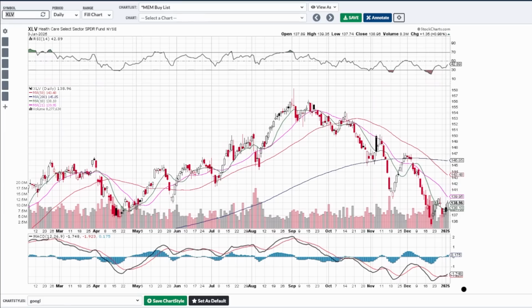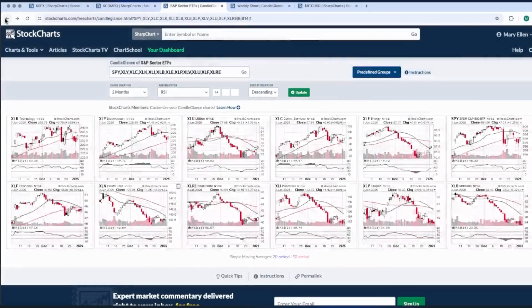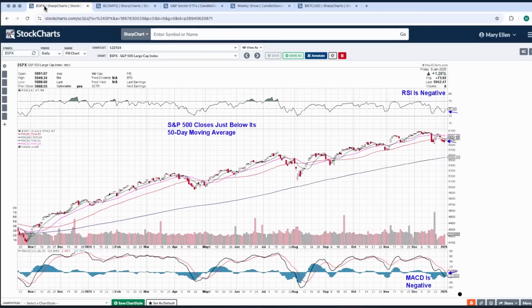We're not quite there yet. And also, I did want to share with you the S&P 500. We're going to just go back a step here because we are in a negative near-term period. I talked about that, but we will want to get these momentum indicators in positive territory and get that S&P back up there above that 50-day simple moving average